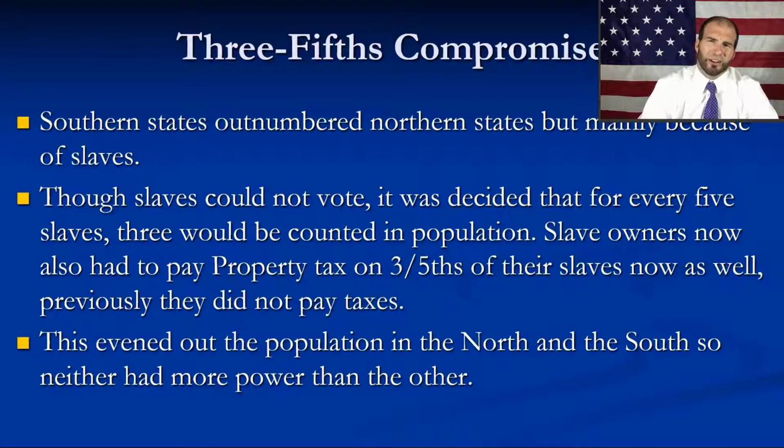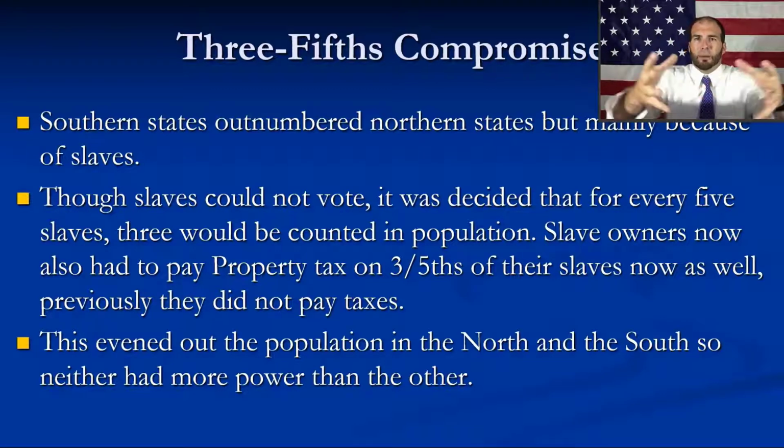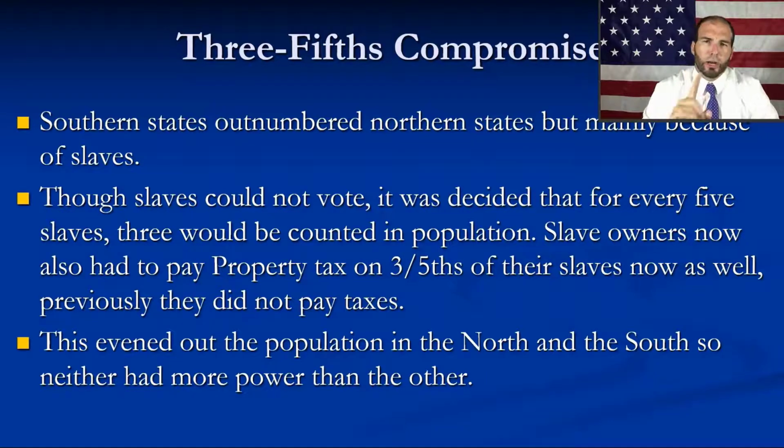So it's not necessarily counting an individual slave as 3/5, even though if that's your interpretation of it, you wouldn't be wrong. But they're not thinking about the individual people. They're thinking about the number as a whole. So here's why 3/5. They're only going to allow the South to count 3/5 of their total number of slaves. All right? It's not just because they were old-timey people and loved math and wanted to make it difficult.